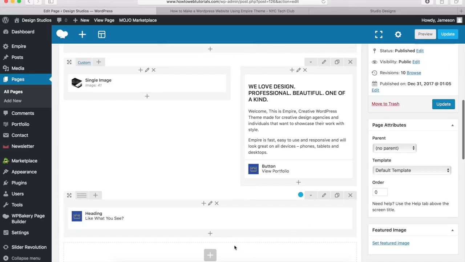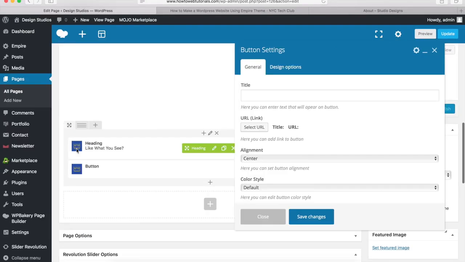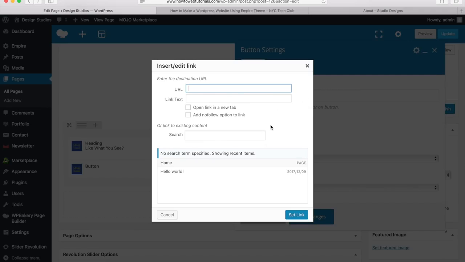And now we just want to add our button at the bottom. So let's click on the plus button right here and find the button element and click on that. And once you get the button settings pop up, let's just type in our text right here for the button. So I'll type in get in touch. And I want to link this button to the contact page that we're going to build a little bit later for the WordPress website. So we can just type in the URL